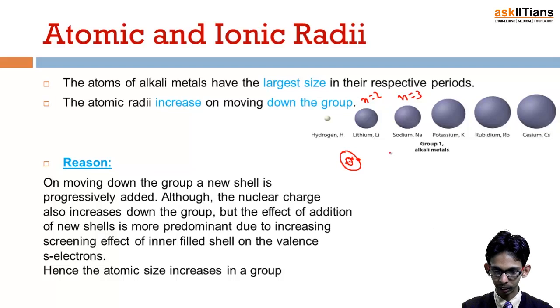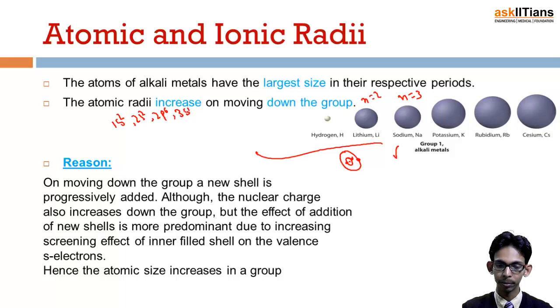But if we talk about sodium, the electronic configuration is 1s2, 2s2, 2p6, then 3s1. So what is happening? There is first an s orbital with 2 electrons, and also another s orbital with 2 electrons, then a p orbital with 6 electrons, 3, 4, 5, 6, and then s.